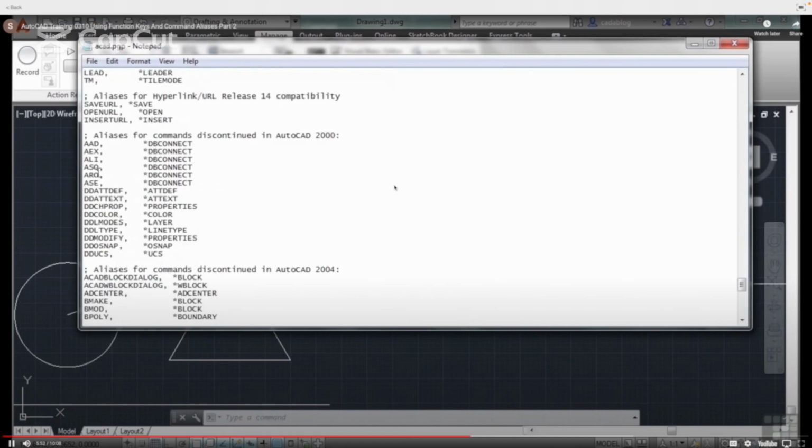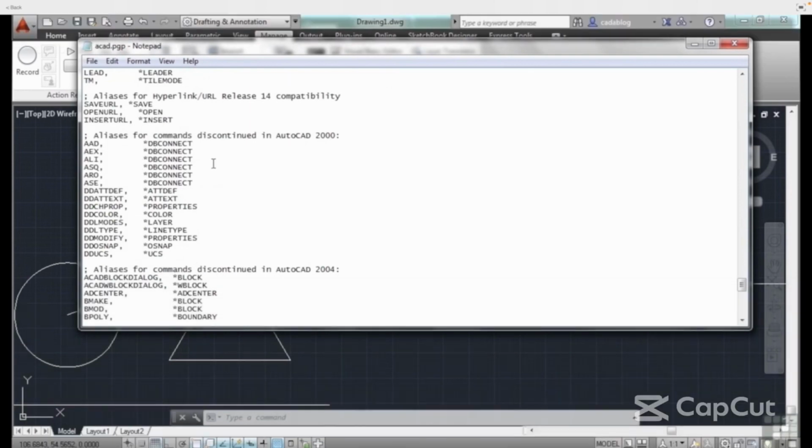Now in this case, these are commands for discontinued AutoCAD commands, meaning these commands right here in this left column no longer exist. So people were still using them even in AutoCAD 2000 when these commands were gotten rid of. And they didn't want people to get frustrated or to not know how to use the same or similar functionality. So people were putting in